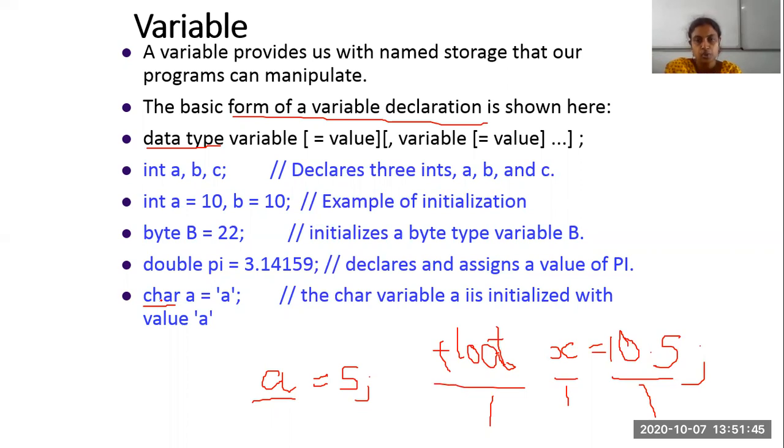And also, if you remember, to decide the variable names, the same rules we use for identifiers, we have to use here. A variable name should always start with an alphabet. Numbers are allowed, but not in the first position. No special symbols are allowed except underscore. No other symbols are allowed. Same rule you have to remember here also. And keywords cannot be declared as a variable. I can't give int else equals 10. Else is a keyword, so I can't use it as a variable name.